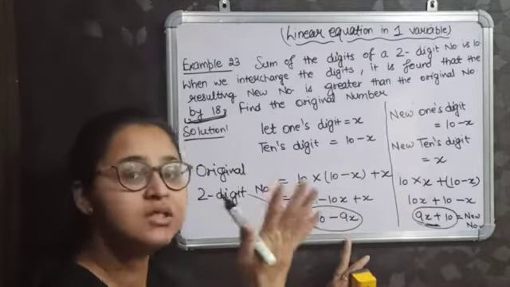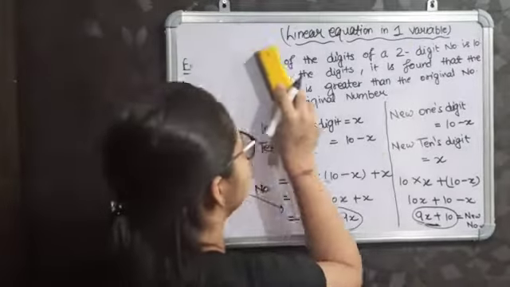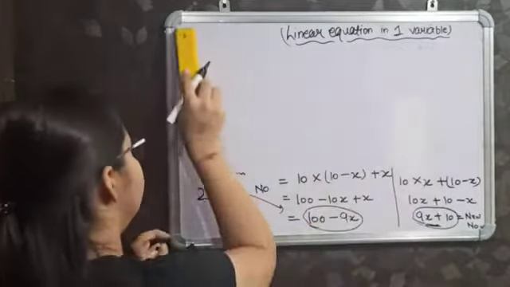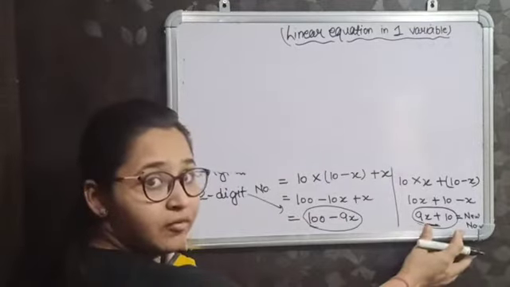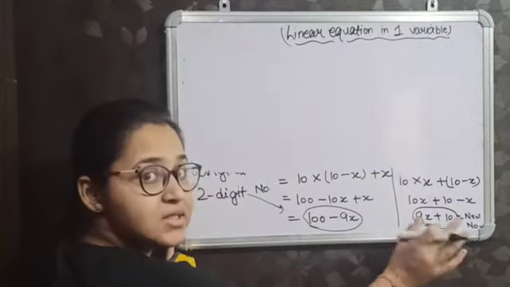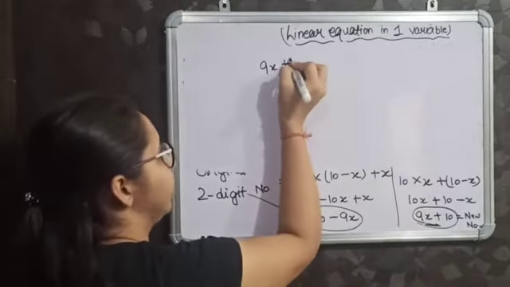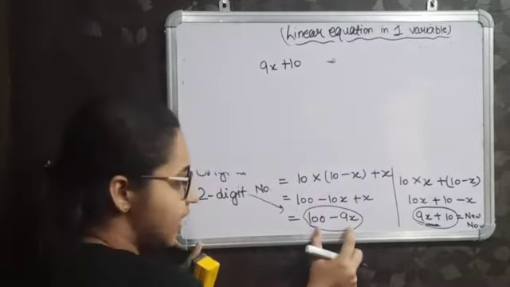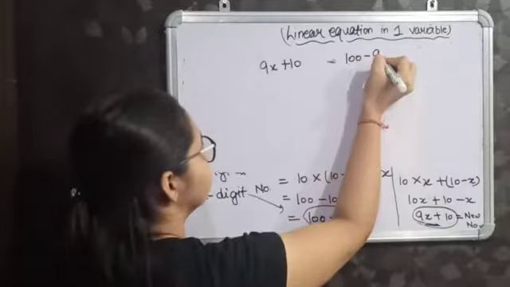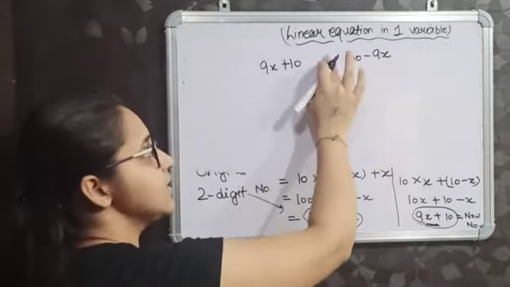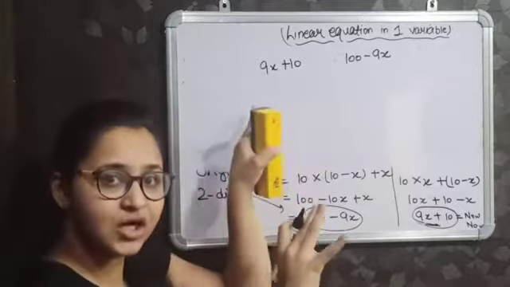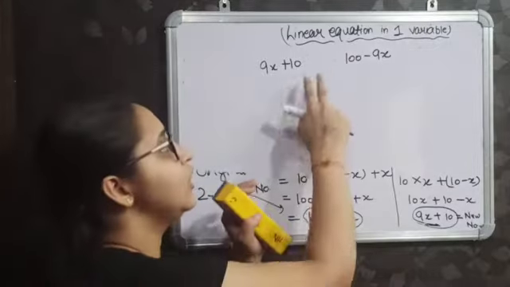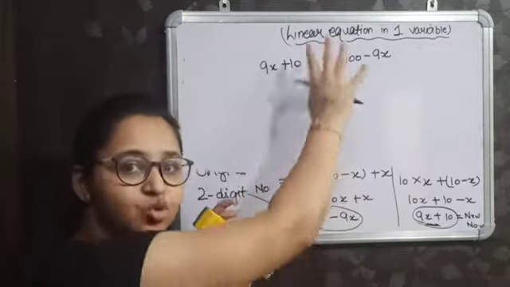What does this line mean? This line means, I am rubbing this statement. See, it is saying that the new number, when you are interchanging, the resulting new number is 9x plus 10. This number is greater than this number. This number is 100 minus 9x. And this number is greater than this number by 18. It means it is already larger than this number. And when I have to put an equal to sign in between these, it means these two terms must be equal.